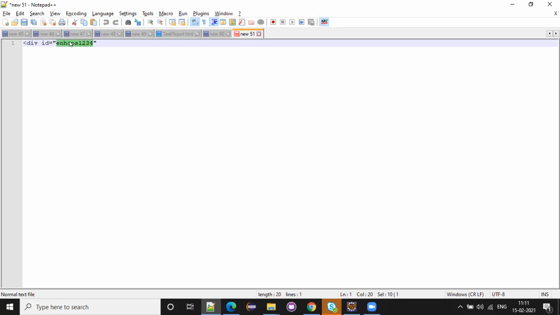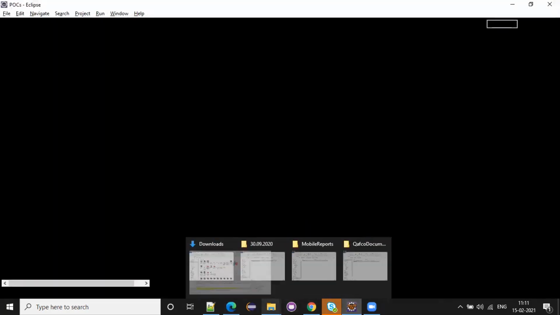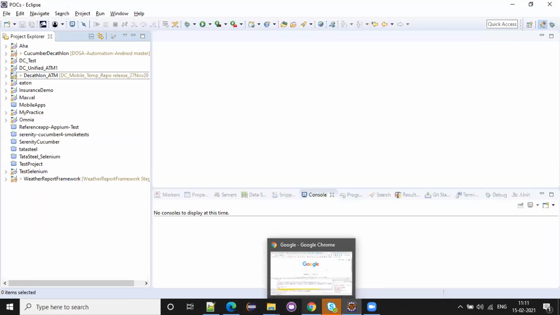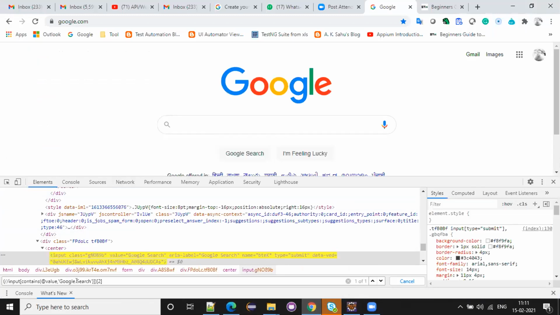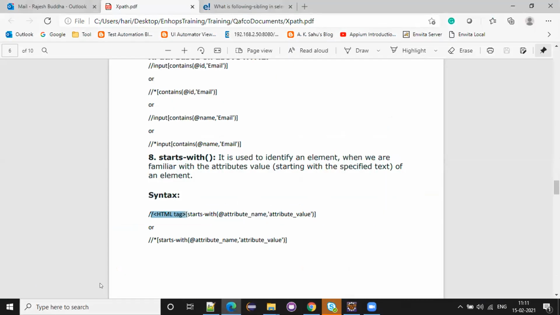So using contains we can write one way, and we can also write using starts-with. For example, Google search is there. I think the search part will change every time, so we write only up to here. I don't want to use contains, I want to use starts-with.